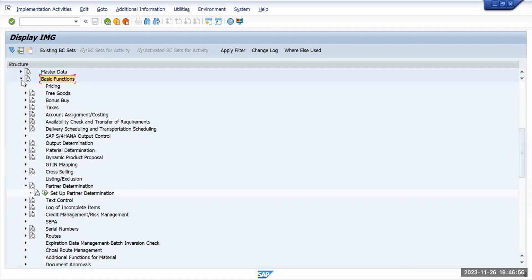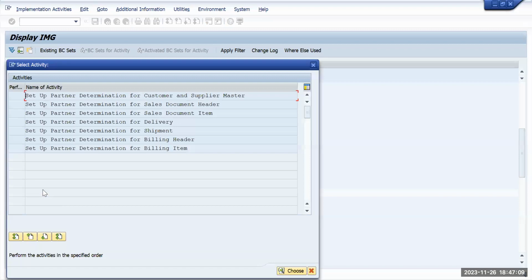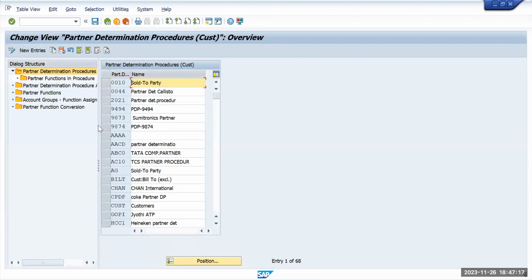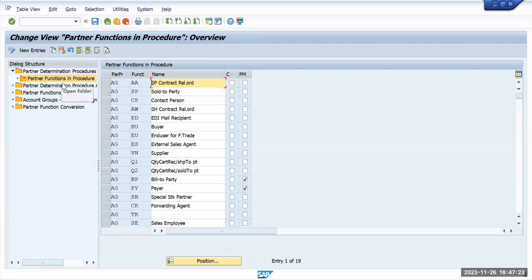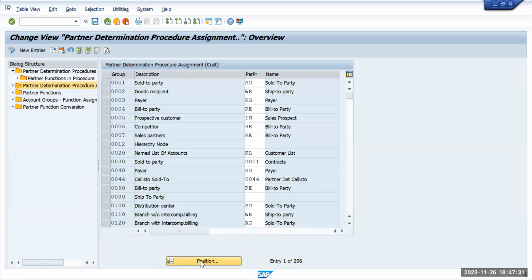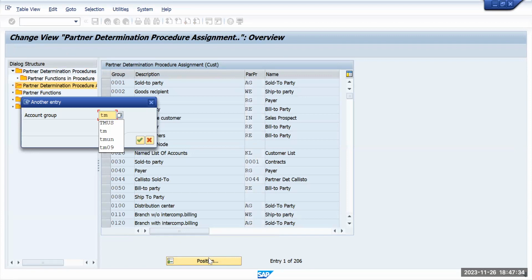Under partner determination, customer master data. So under customer master data, we already went to this one. Go to environment, AG, account group Tata Motors,